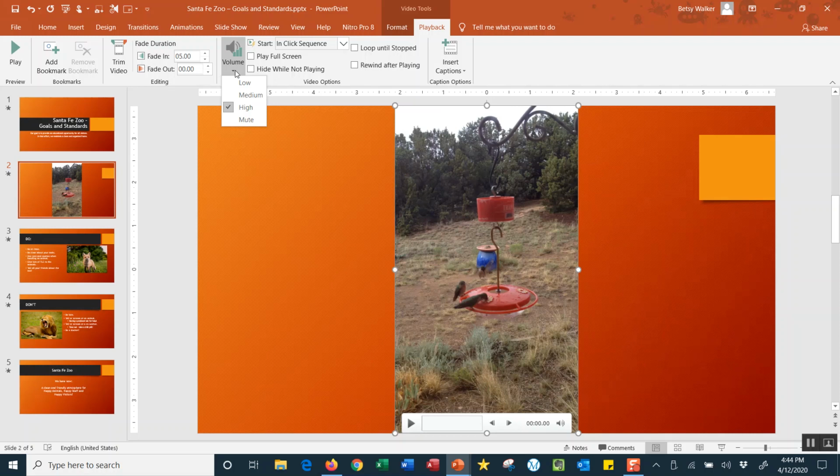And if you have a video that is visually great, but you don't like any of the sound, maybe you hate the background music, you can mute it altogether. I'll leave this on high because hummingbirds don't make much sound, so we're okay with them. Again, for click sequence,